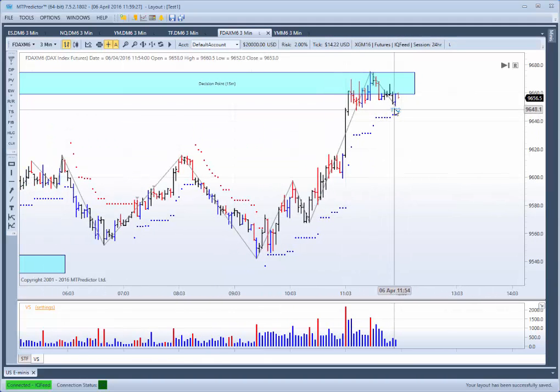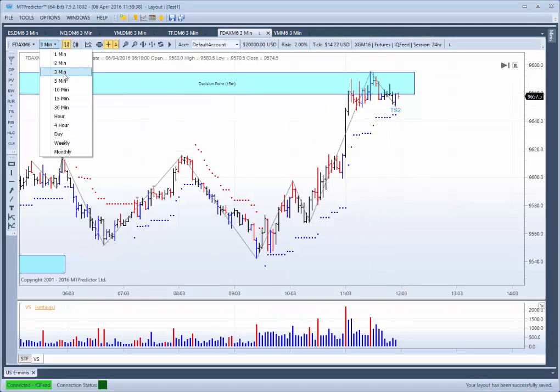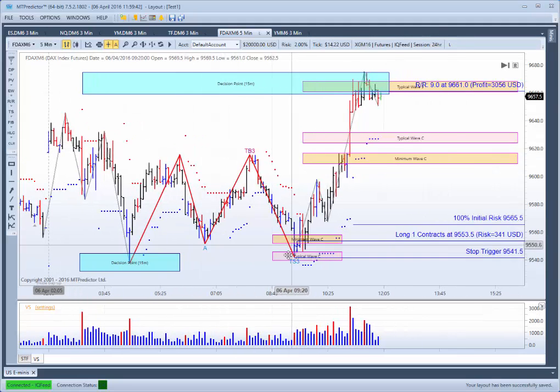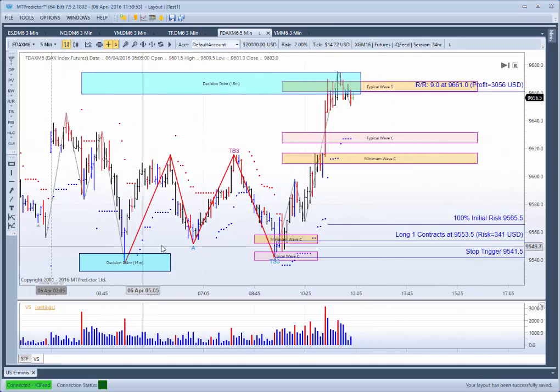Notice we have a TS2 buy setup here on the 3-minute chart. Obviously we'll be ignoring this because, one, the market's pretty much closed now, and secondly, we're coming off that 15-minute resistance. But the trade setup that was actually on the 5-minute chart was this TS3 buy setup here. Why is it nicknamed a Holy Grail? Well, because it has the largest profit potential in relation to the smallest initial risk. So an absolutely brilliant example there of our MTPredictor Holy Grail trade setup unfolding on the 5-minute DAX just now,